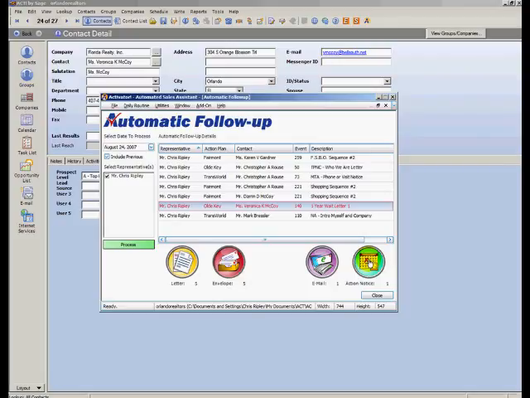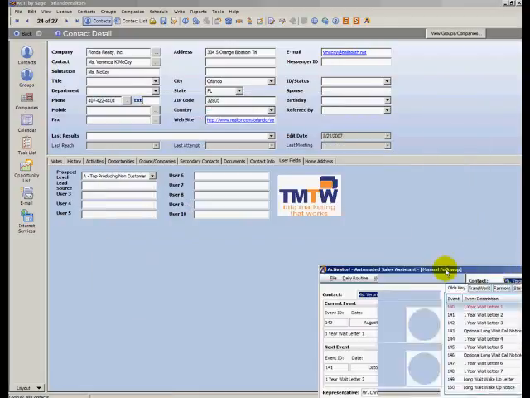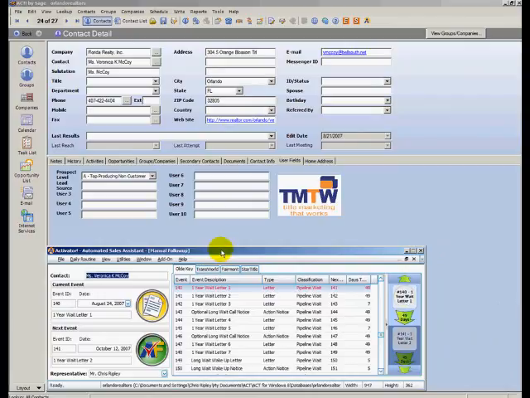So that's all you have to do: run automatic follow-up once every day, every couple of days, on a regular basis, at least once a week, and process